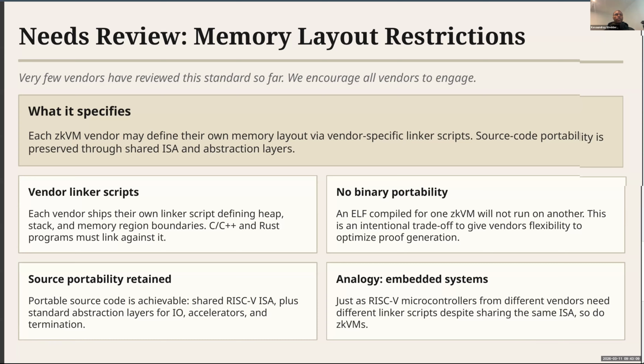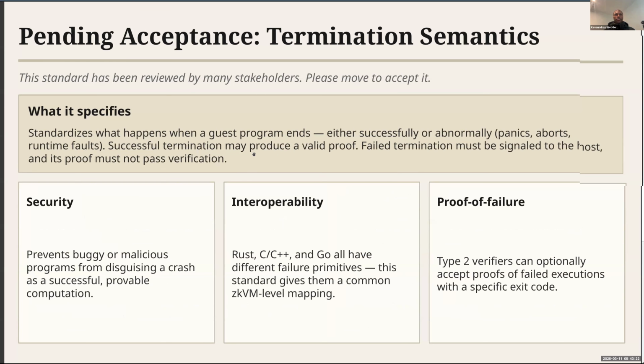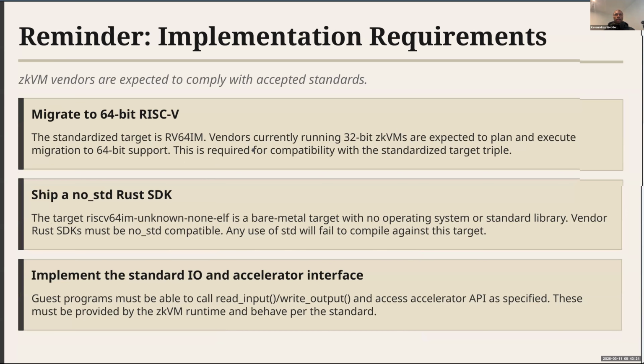I guess one thing maybe to call out on Marcin's slides is the part about the Rust SDK, meaning that even if your zkVM supports RV64IM, a lot of the SDKs currently, because the compilers are forked, you can have an SDK that uses the std library, but once you move to RV64IM, the SDK also needs to be no_std unless you create another one, because all of the guest programs will be relying on your SDK.